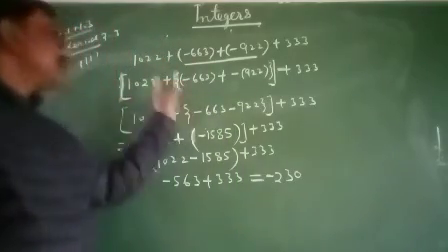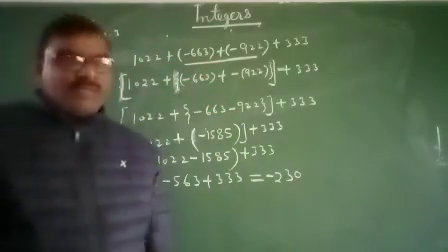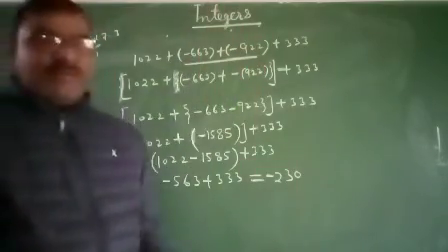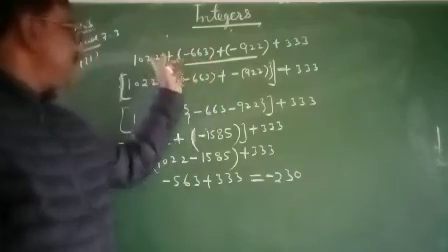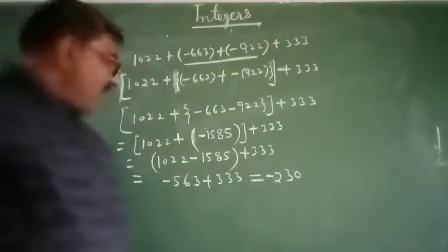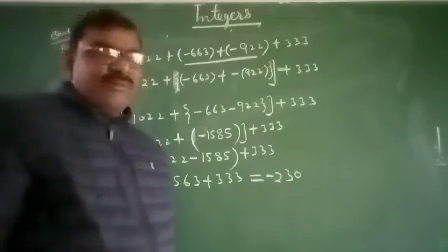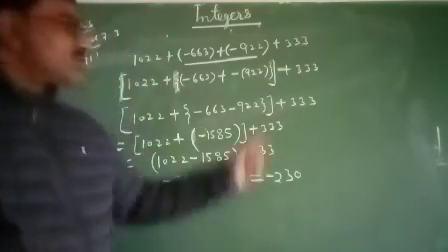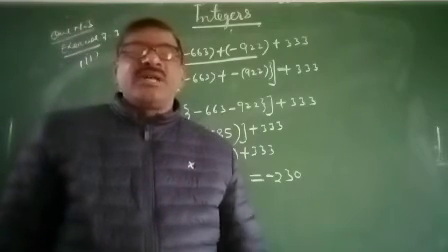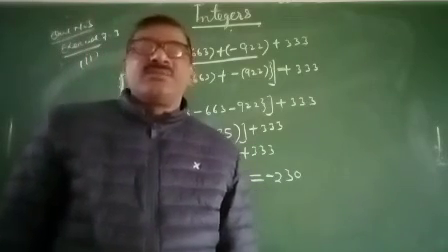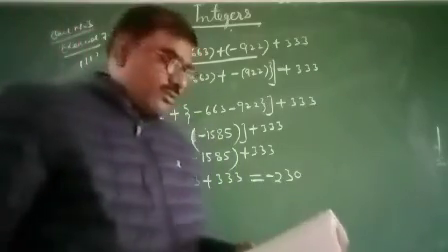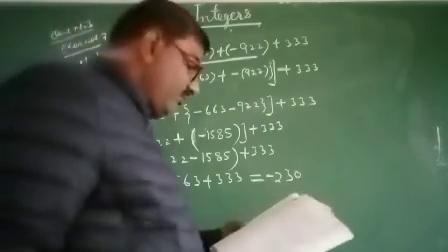So if you add these numbers by the associative law, first of all we will make a group. We take this as one number, this is B, this is A, and this is C, and by the associative law we find the result minus 230. So I hope that this question is clear to you. So dear students, I will give some questions based on this explanation. Now I will revise the next question.